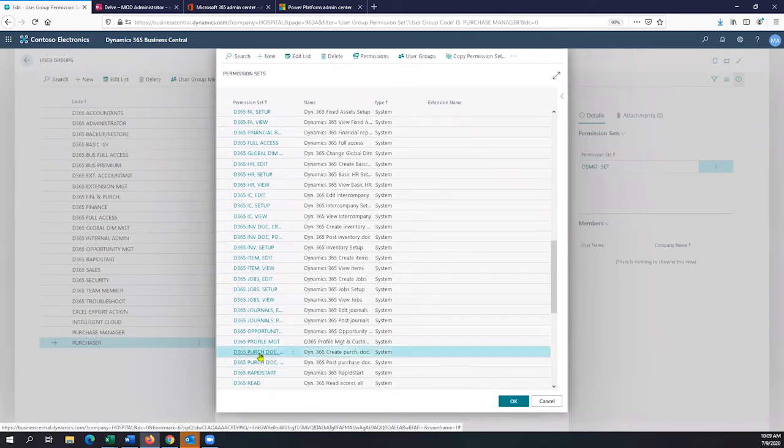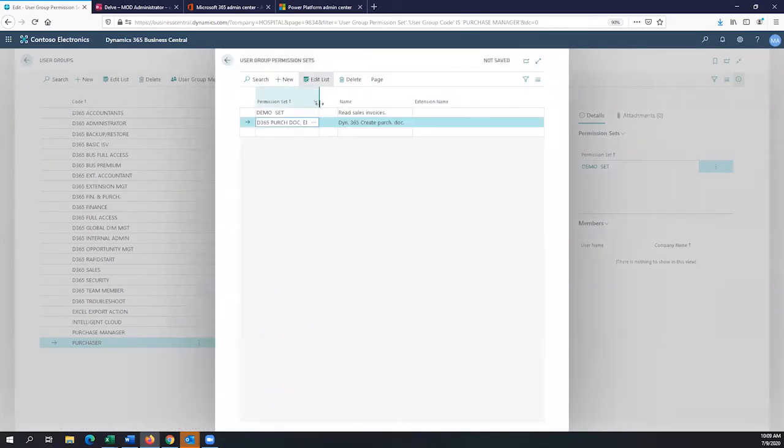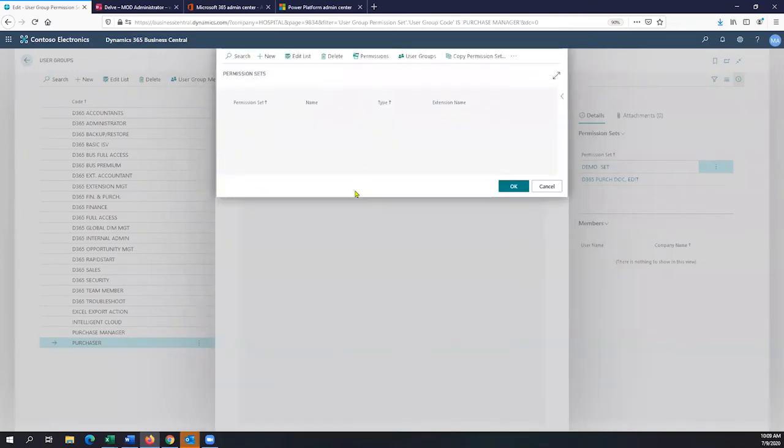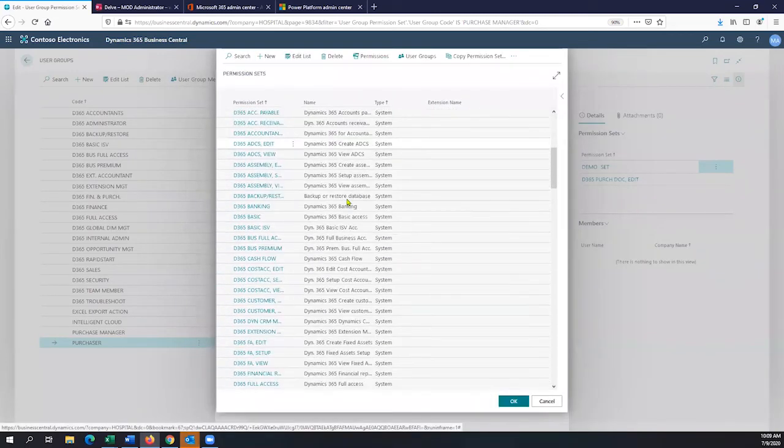The purchaser is going to be able to edit only, just as an example. Here is the permission, and the same will go for the manager, plus the posting type of permission that is actually in the menu. I'm just going to show it to you. Here it was